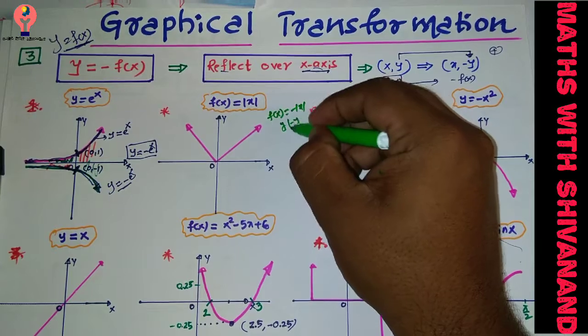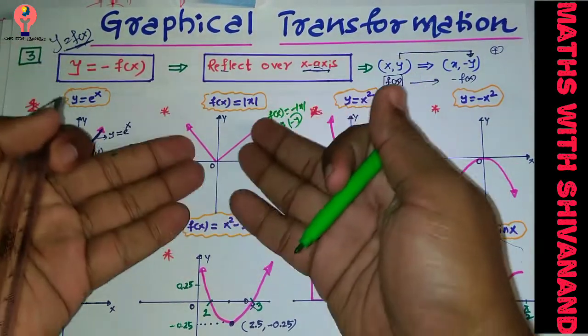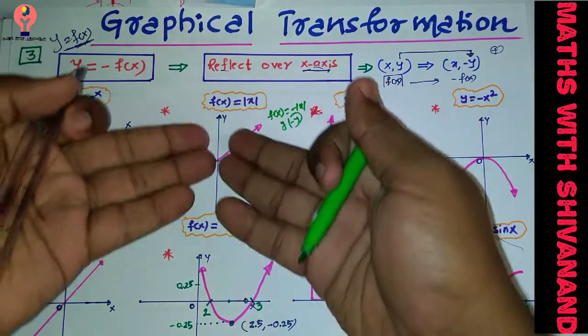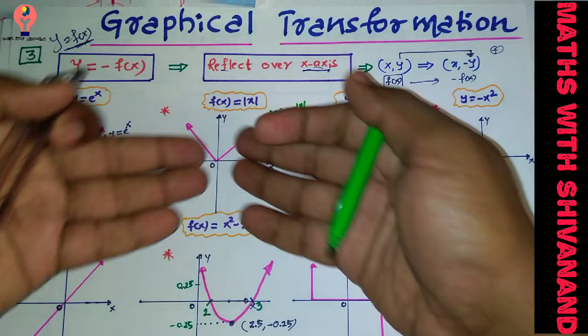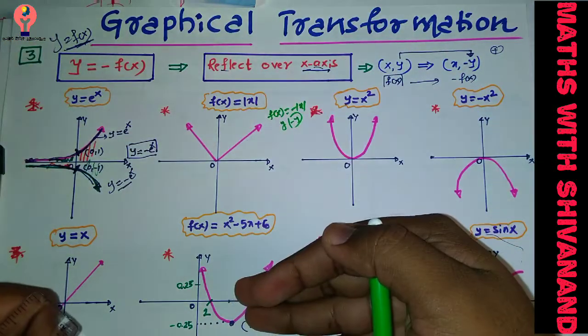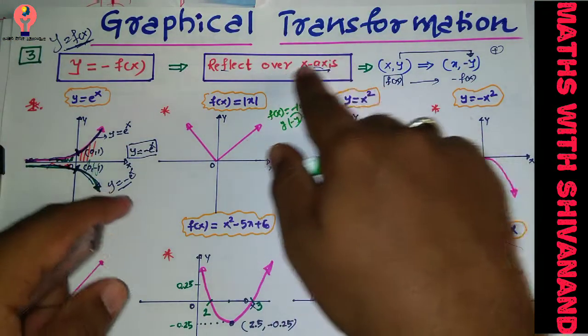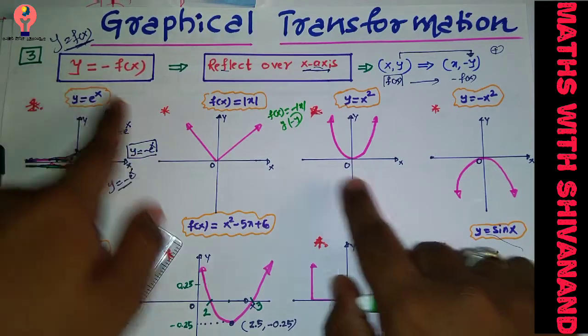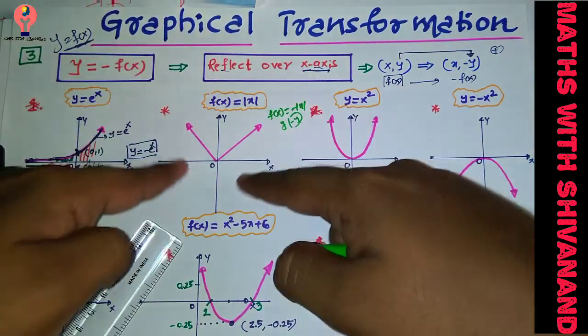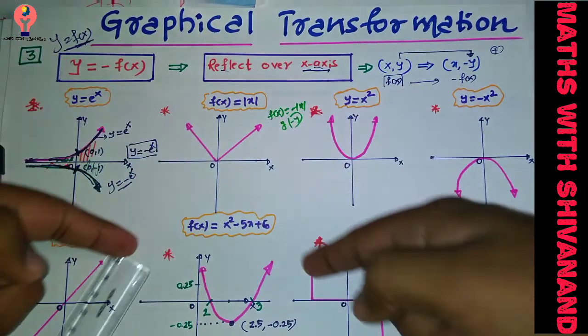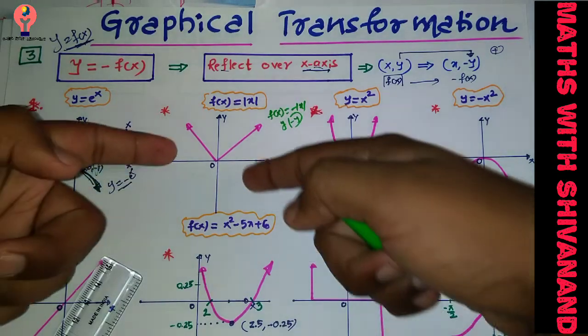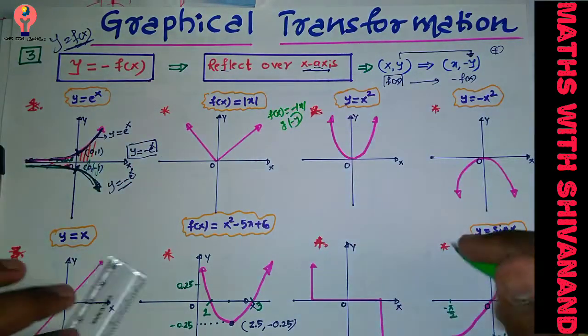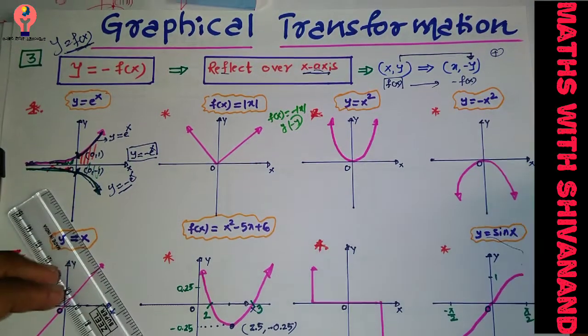So what am I doing here? Minus y. The graph is in the positive y region, so it has to come down into the negative y-axis. Definitely I need to reflect over the x-axis only. The reason for reflecting over the x-axis is that I am multiplying y by a negative. If your initial y is positive, after multiplying it has to come down to the negative part. Because of that we are reflecting the graph over the x-axis. How will the reflection happen?